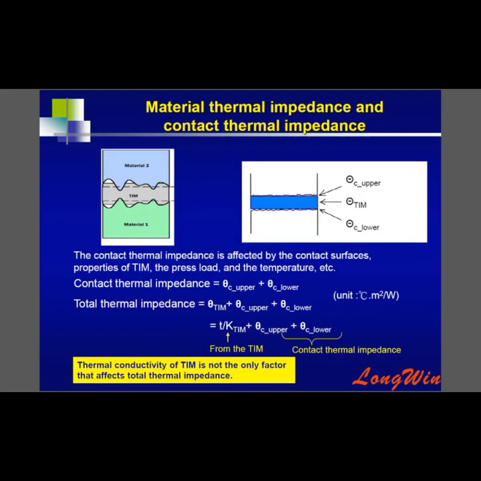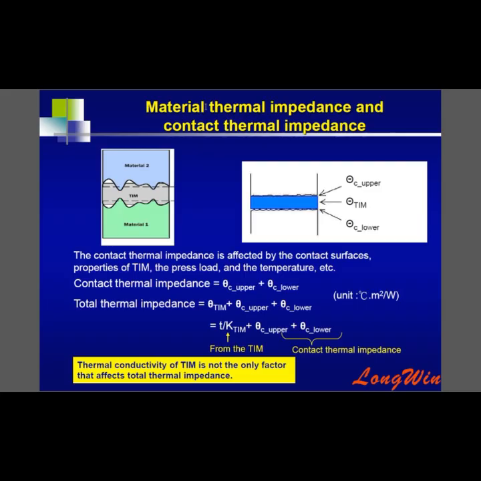In this slide, we are going to take a look at the contact thermal impedance. So you can see there's a schematic drawing. When the heat transfers from material 1 to material 2, in this path, you will see the surface of these two materials are not perfect. So we need thermal interface material to fill in all these gaps. And the overall thermal impedance will include the contact resistance of the two interfaces and also the resistance from the